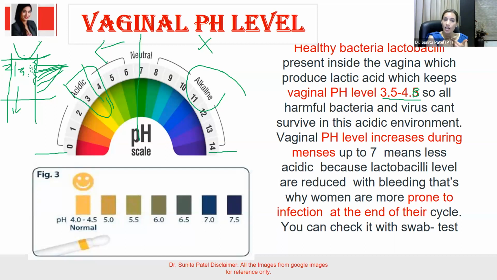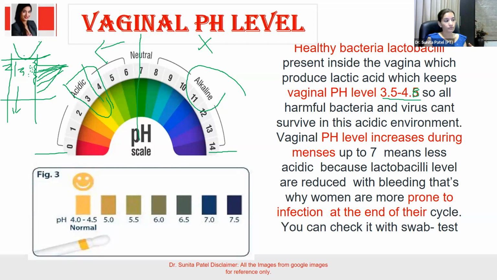That discharge, as per gravity, will come downward, and it is going to create an alkaline environment in the area. Because after ovulation, the egg is waiting. So what does the body require? The body wants sperm. So the body is going to create that change in the female system, which is feasible